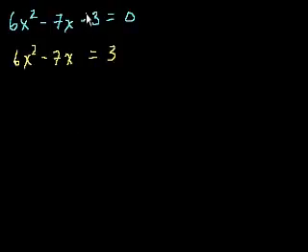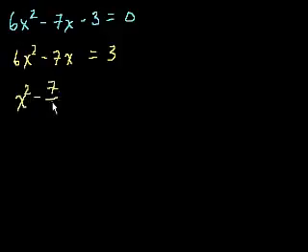And some teachers will leave the minus 3 here and then try to figure out what to add to it and all that. But I like to get it out of the way so that I can figure out very cleanly what number I should put here. But I also don't like this 6 here. It just complicates things. I like something x. I like to have it x plus a squared, not some coefficient in front of the x term. So let's divide both sides of this equation by 6, and you get x squared